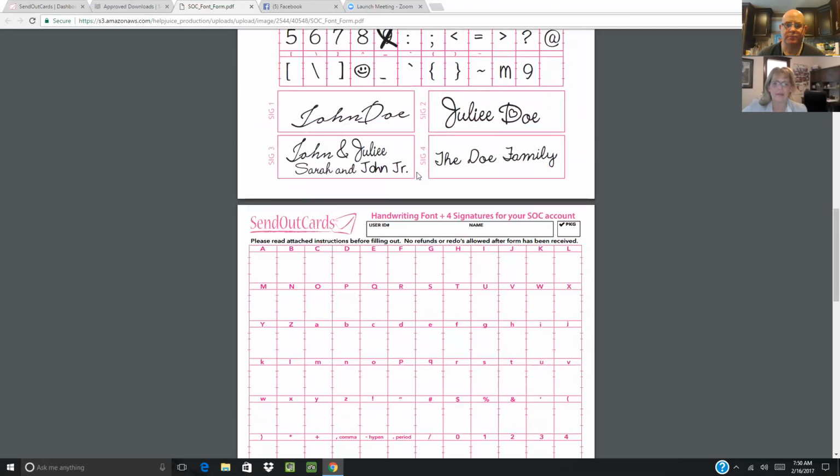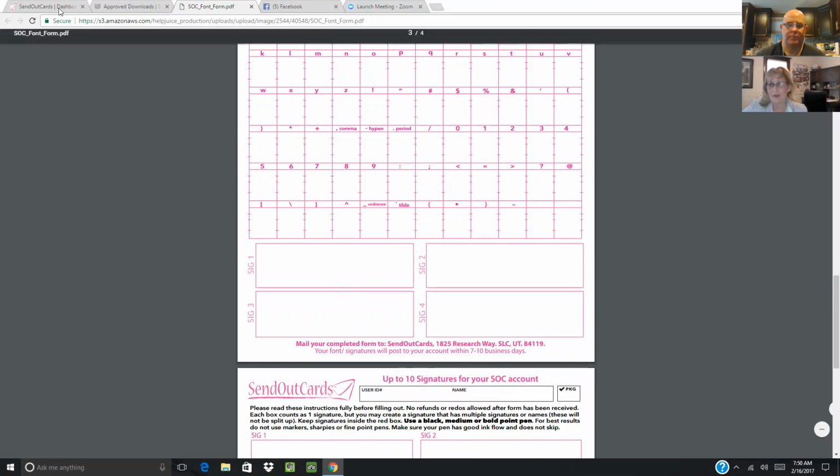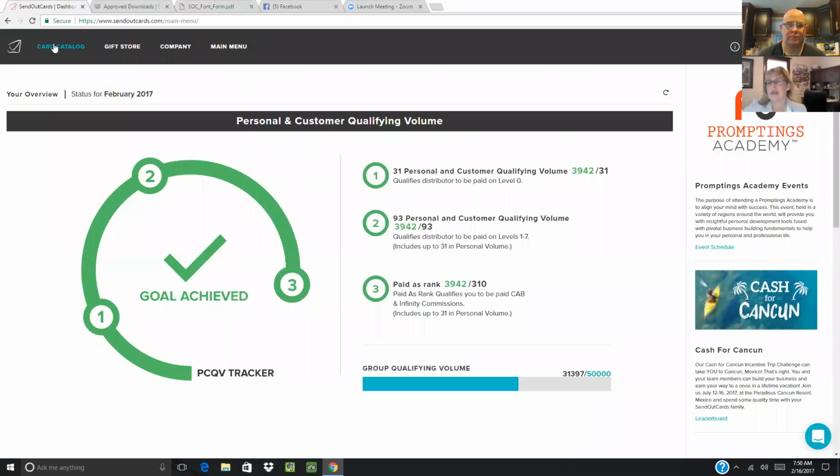And the name is on the bottom of the form. Send it into Send Out Cards, and the address is here. It'll post in your account within 7 to 10 business days. And then what that's going to look like in your account. So when I go to create a card